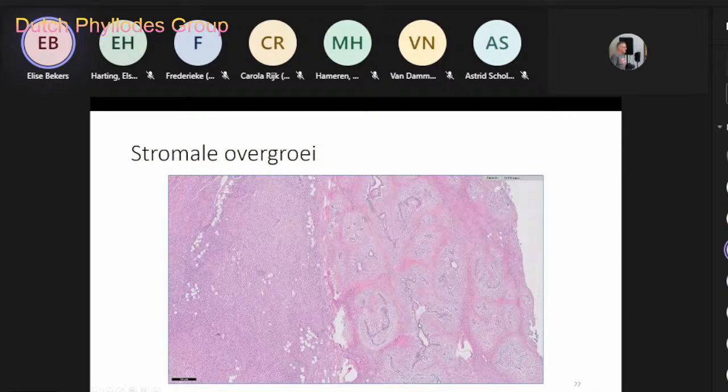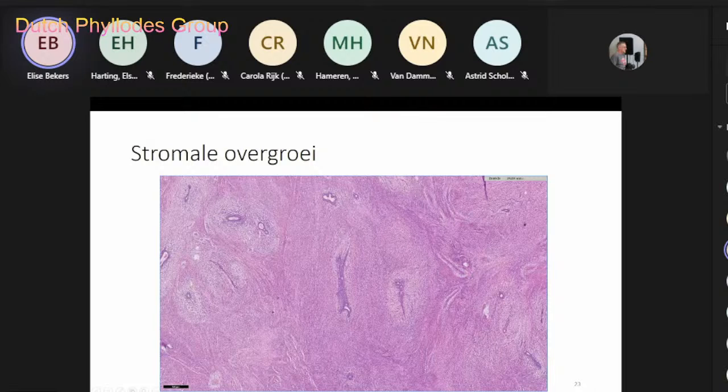Side of the tumor, so the ducts. That's also, well, pretty much a big clue that it's a Phyllodes tumor. This is another example where you see that here you have regular ducts,